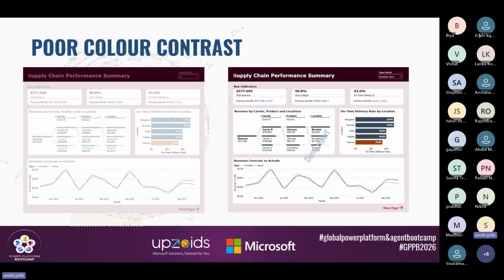So we have to consider increasing the color contrast ratio. And that means that if you have a light background, the colors you select for your text, icons, or even your data visualization should be darker. And if you have a dark background, those colors on top have to be lighter. That's the rule of thumb. Now, if you're not entirely sure, how will I know if it's got enough contrast? And that brings us to the